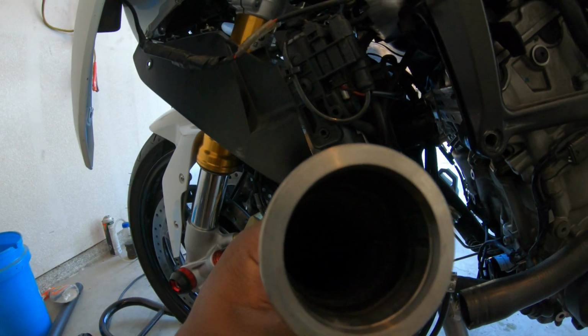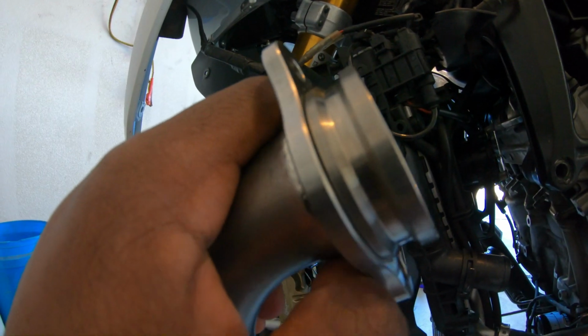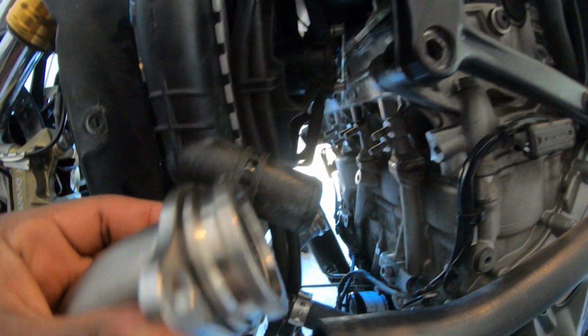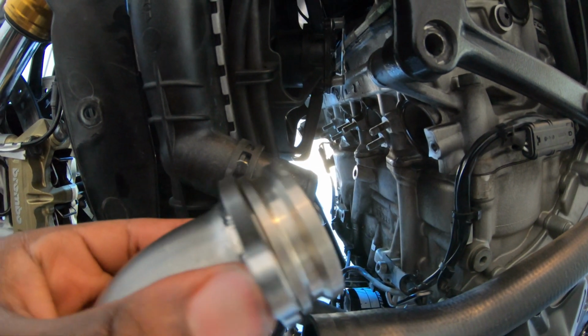and here is one of the headers, and basically it just sits flush on there, right up on the surface, you know what I'm saying? It doesn't go inside or anything like that. It just sits flush. And then when you take the bolts and put them through each side here,